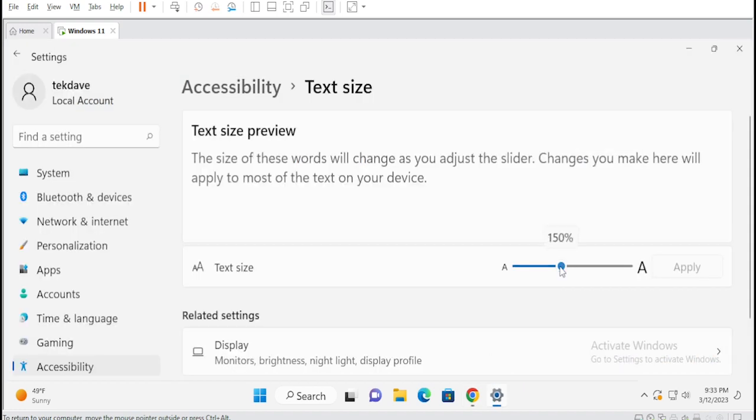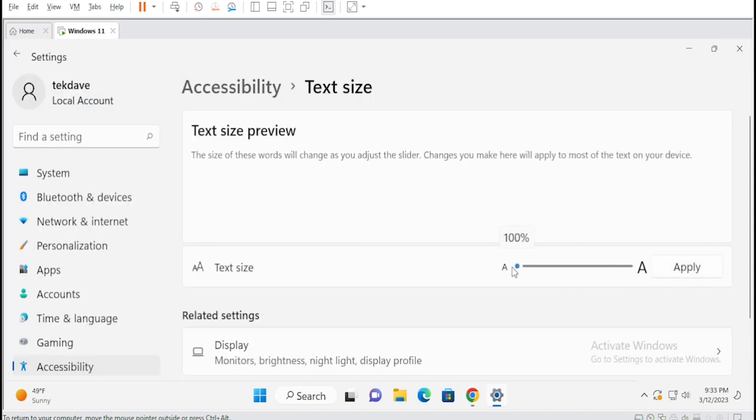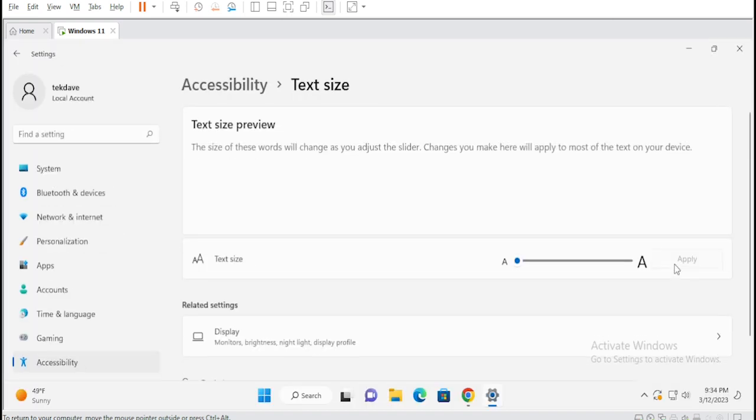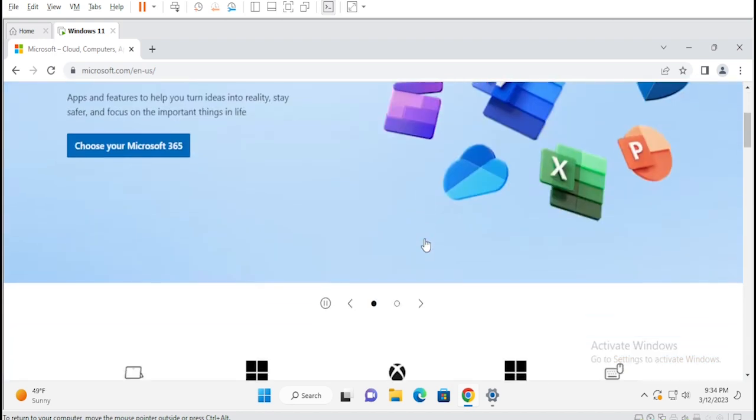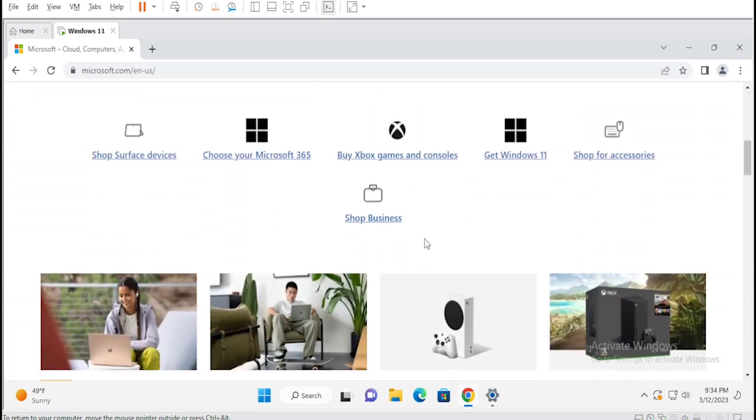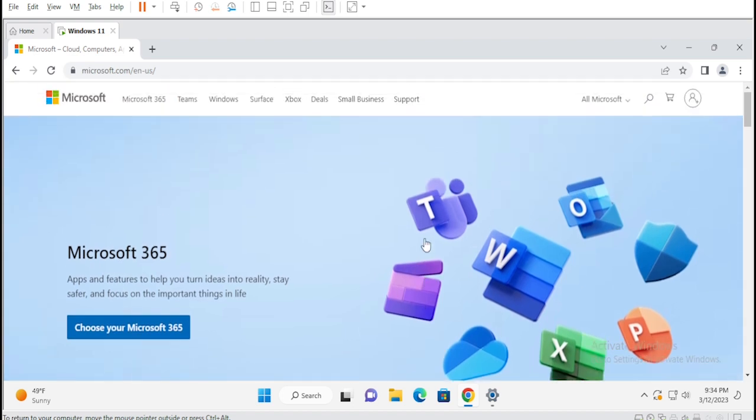Let's go ahead and change it back down to 100%. We're going to hit apply. Please wait 4 hours later. And then let's go back to Microsoft. And you see, because I've changed the font size and I've decreased it, it goes back to the smaller font